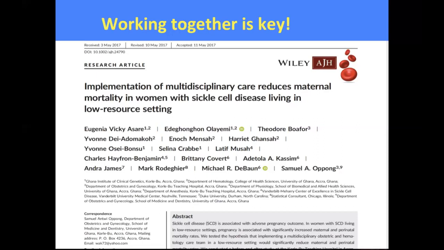So they developed a protocol that had simple measures, things like checking the blood pressure. Before they did the study, they did a retrospective chart review and found the major causes of death. Some of them were acute chest syndrome and all that. So they developed a protocol which highlighted things that they needed to do. After the study, they saw that the mortality rate had dropped from 10,000 plus to 1,100 and something.